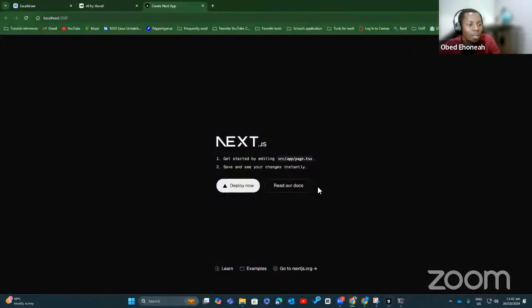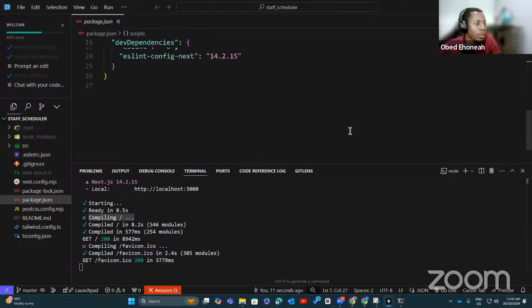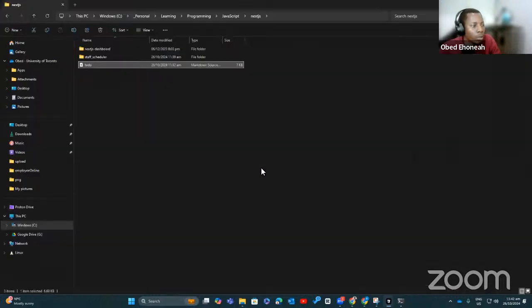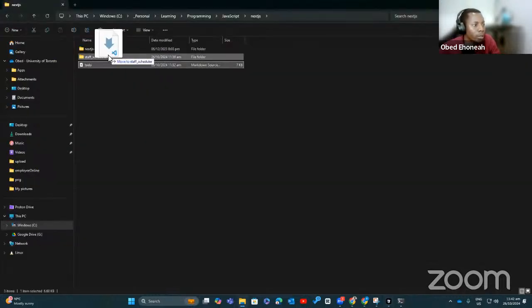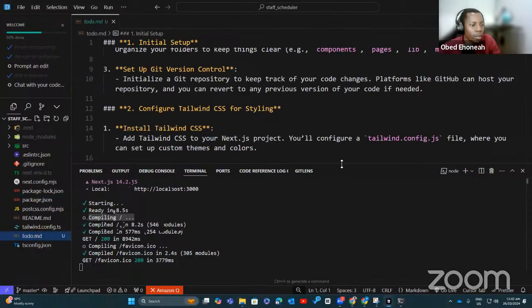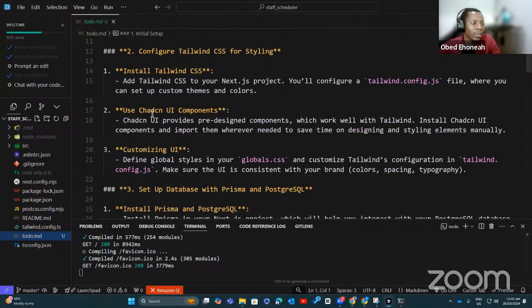So this is our application now running. We are going to change this, edit it into what we want. Let's say, where do we begin? Our to-do is no longer here, so I'll go and drop it back in there. So we have our to-do list here. We need to install shadcn, so this should be shadcn UI. We need to install that.